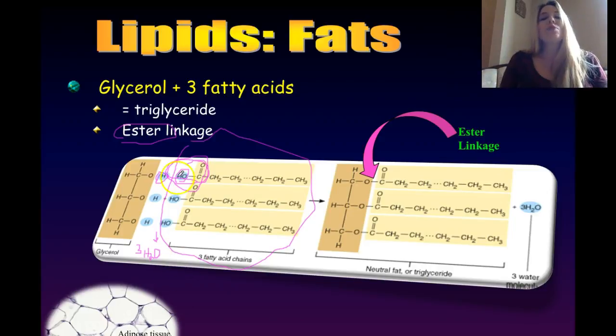Anyway, we're actually producing 3 different waters here. And so we get 3 water molecules given off for every fat that we make. And thus we have created ester linkages in each component here. And so this creates a nice fat, and because we have 3 fatty acid chains here, we're going to call this thing a triglyceride. And you may have heard this term before, triglyceride, because we have 3 fatty acid chains attached to 1 glycerol molecule, and we give off 3 water molecules as a byproduct. So that's how you form a fat, glycerol plus 3 fatty acids.